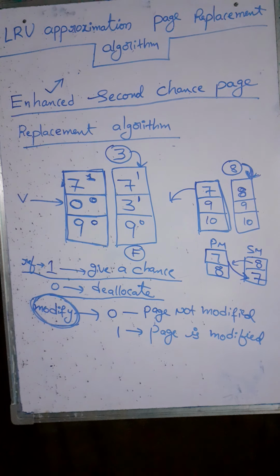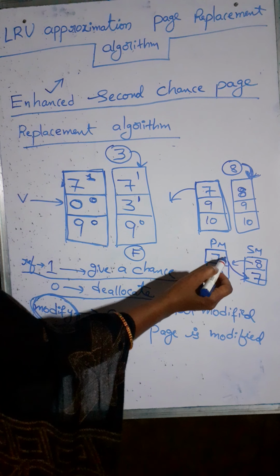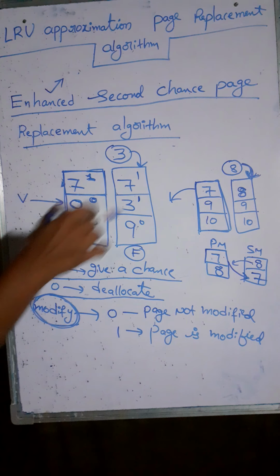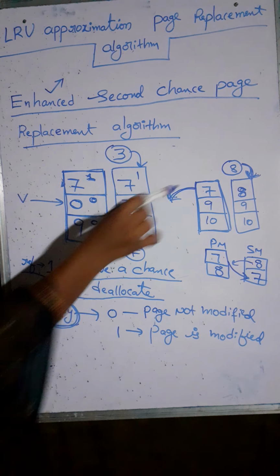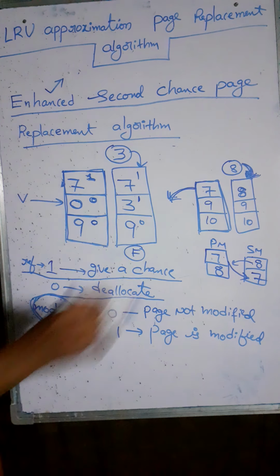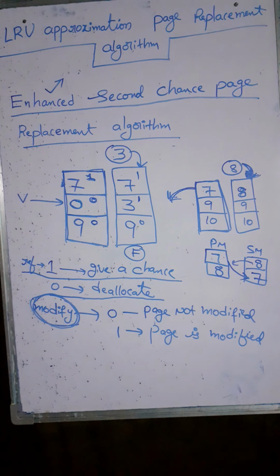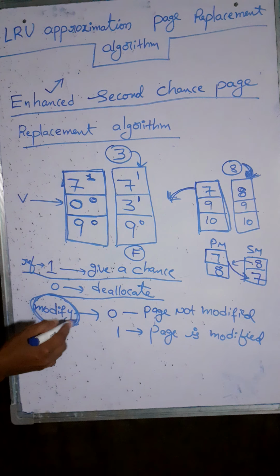That means when there is a page replacement, there are two transfers. One transfer is from secondary memory to primary memory and another transfer is from primary to secondary. If you observe, page number 7 data is deallocated, so it should be moved to the secondary memory, and 8 is loaded into the primary memory, so memory should be allocated for page number 8. So in total, page replacement requires two transfers. To reduce this time, we use the modify bit. It requires two transfers, right? So to reduce the transfer time, we use the modify bit.